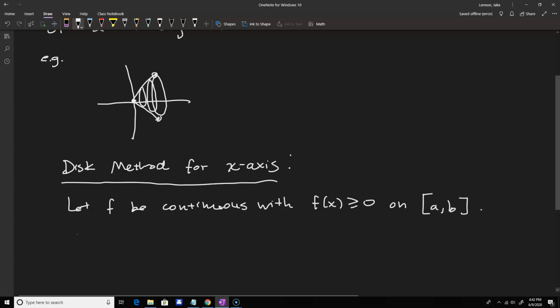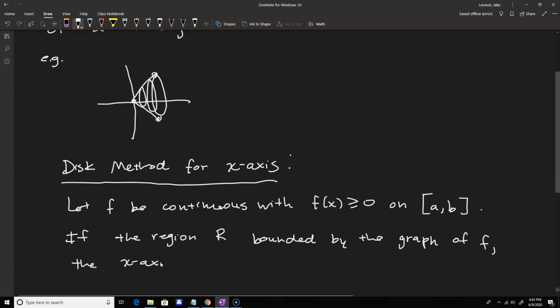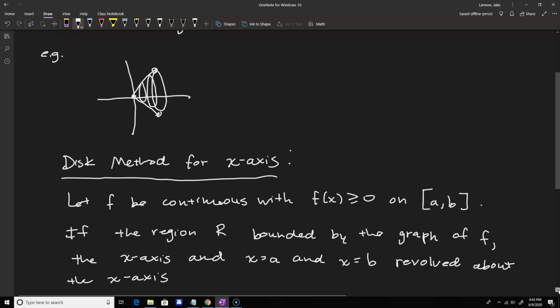So if the region R, bounded by the graph of f, the x-axis, and the two vertical lines x equals a and x equals b, is revolved about the x-axis to give us that three-dimensional figure, the volume of the resulting object